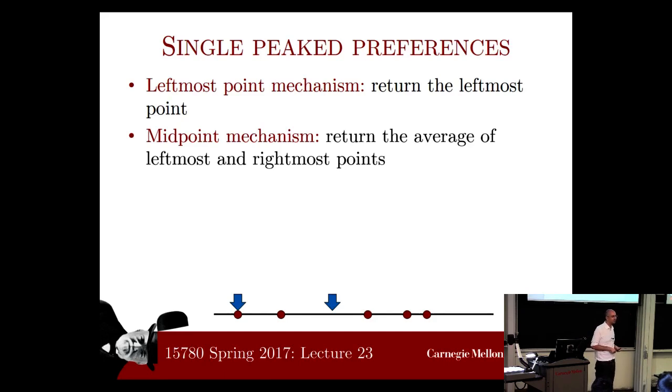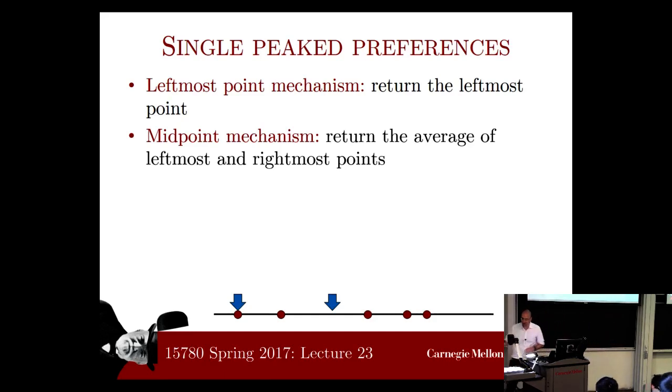Isn't this a strong assumption, that the closer it is to the peak, the happier the person is? Yeah, it's a very strong assumption. We actually don't need it for the results that I'll tell you about. Essentially, these results hold even if you just assume what's called a single peaked assumption. This assumption also makes sense on a discrete set of alternatives. It just says there is a way to order the alternatives, one ordering for everybody, such that